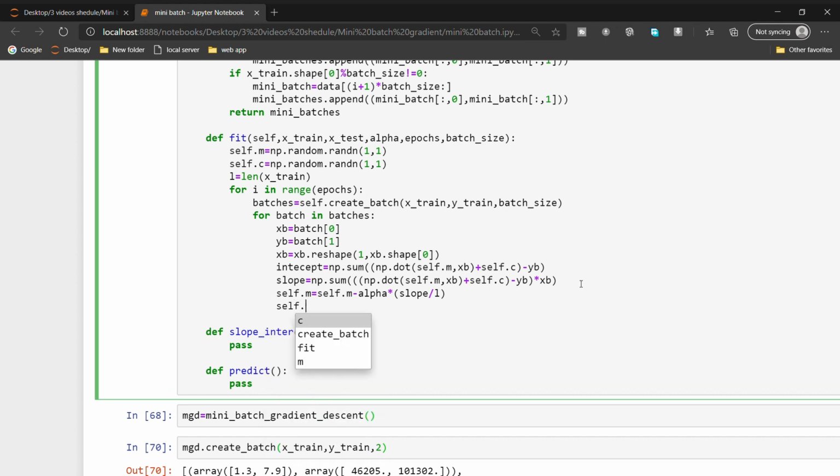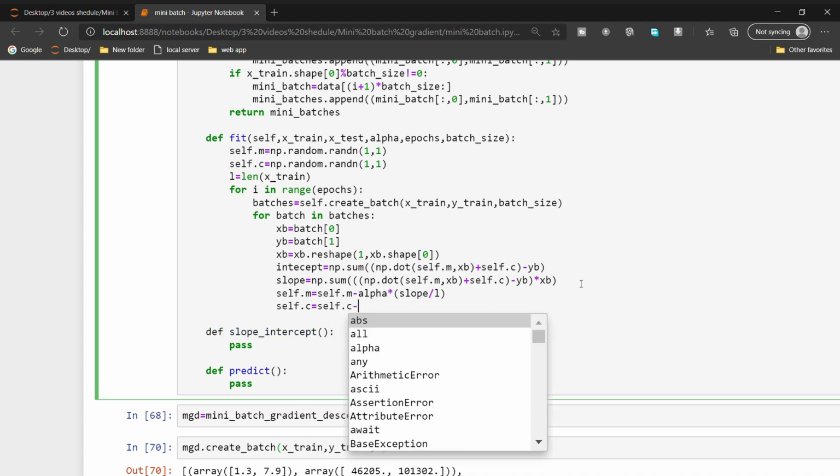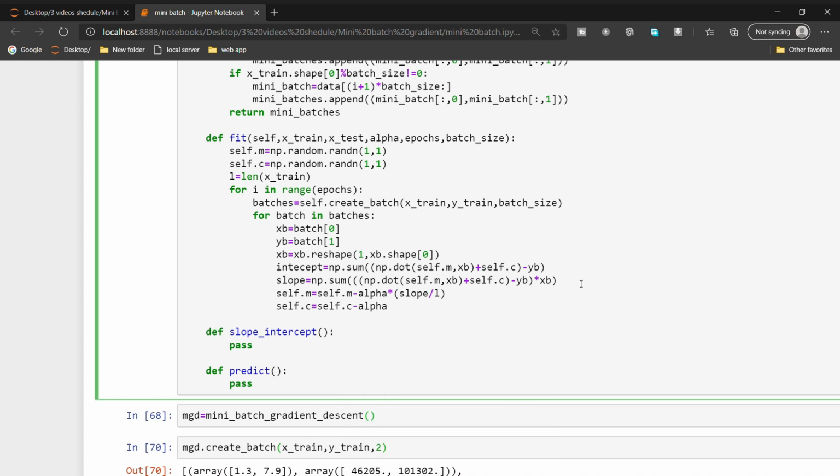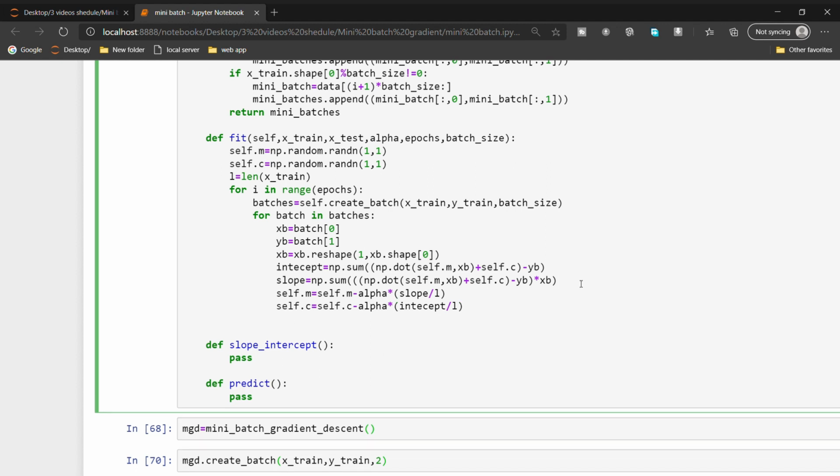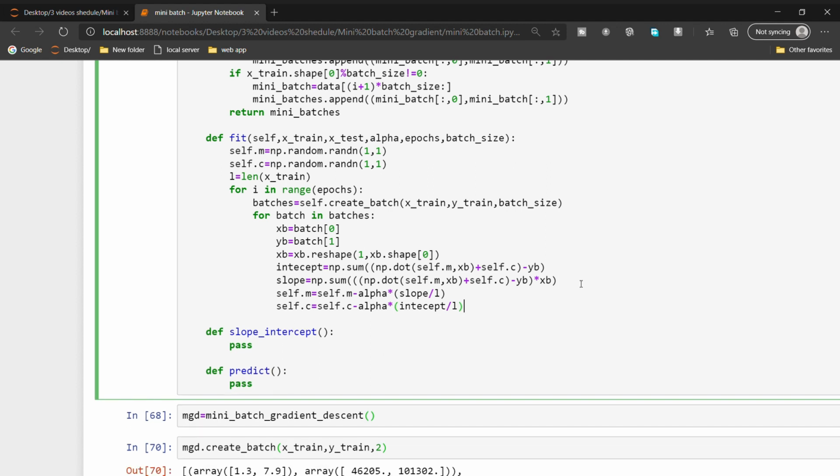And finally we have to update self.c equal to self.c minus alpha into the intercept divided by L. So we completed our fit function also.